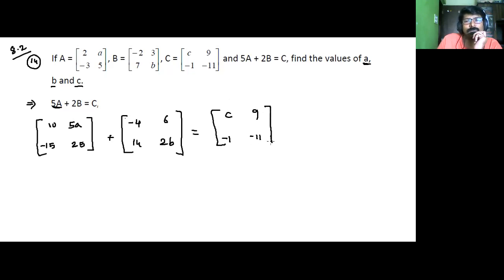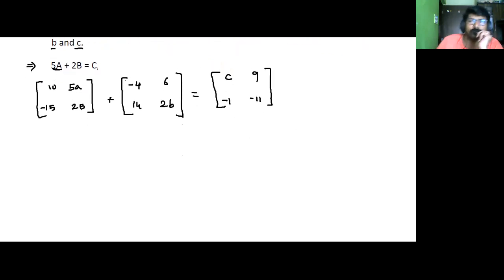And now, students, what do we have to do? We're supposed to add these two matrices. Now, how is it supposed to be added? Simple. You can add these entries with these entries. So that will turn out as 5A plus 6. 5A plus 6. That's like,